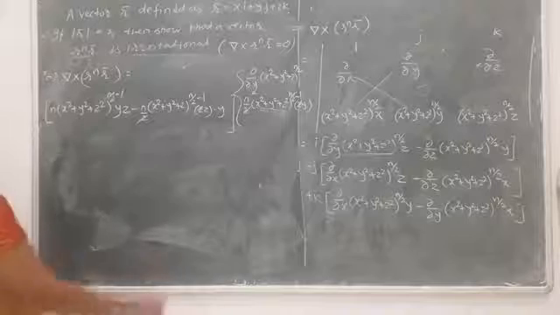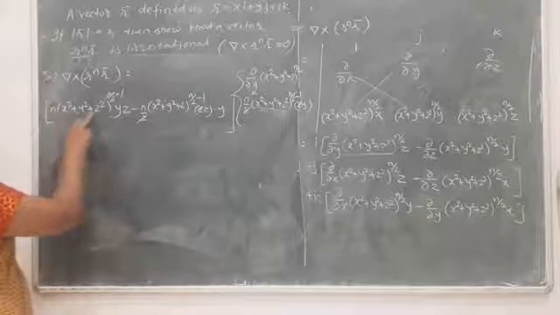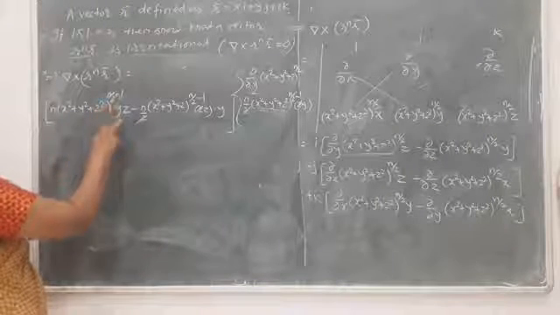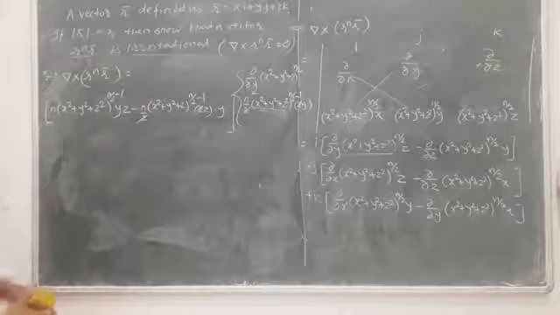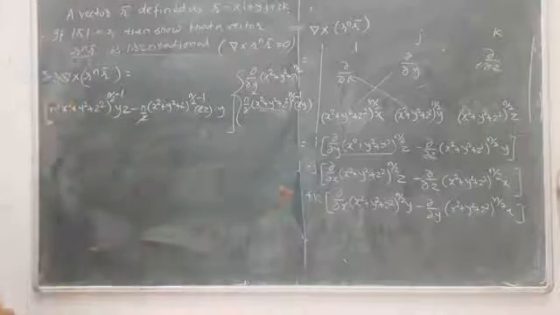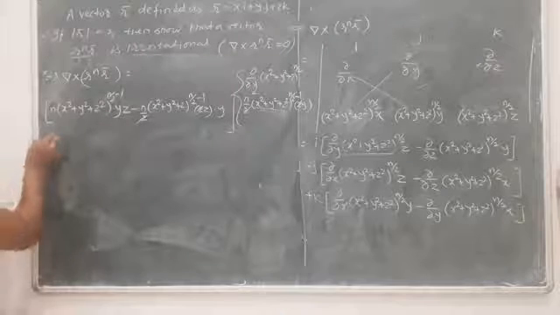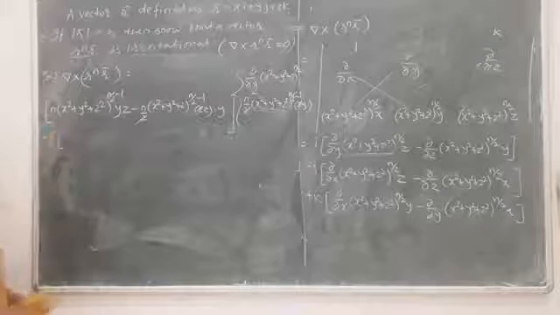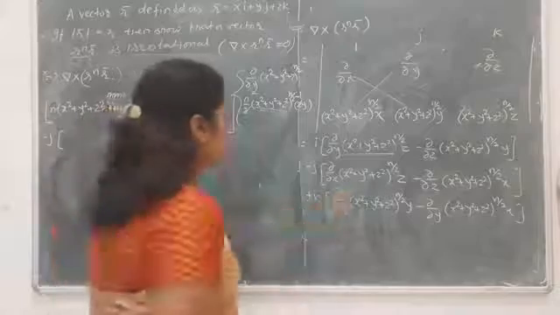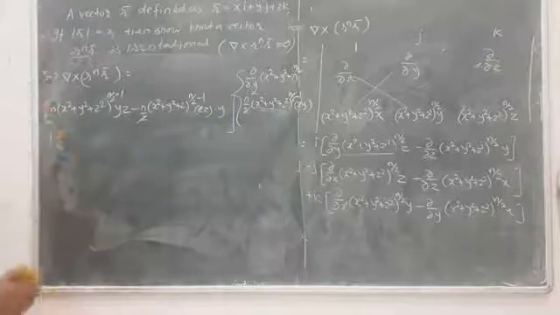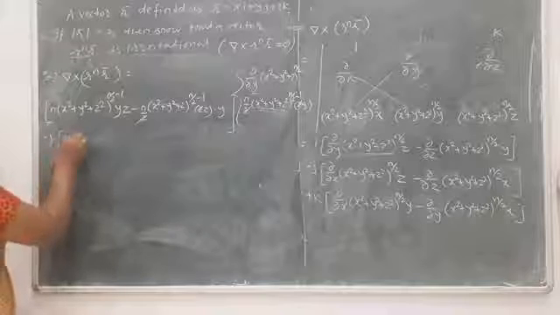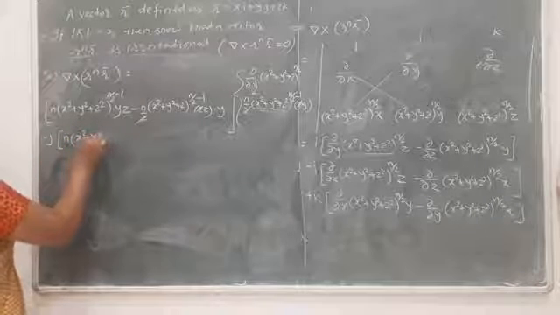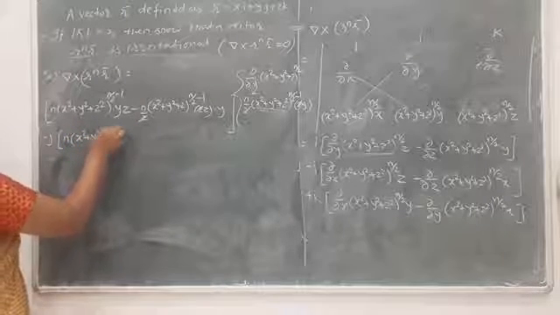So if you observe this, n into x square plus y square plus z square raised to n by 2 minus 1, here is a yz, here is a zy, the term is the same. So finally that becomes 0. Similarly the same terms happen in the second and third bracket. If you observe this, what will come ahead, when you are differentiating in this way with respect to x, you get n into x square plus y square plus z square raised to the power n by 2 minus 1.